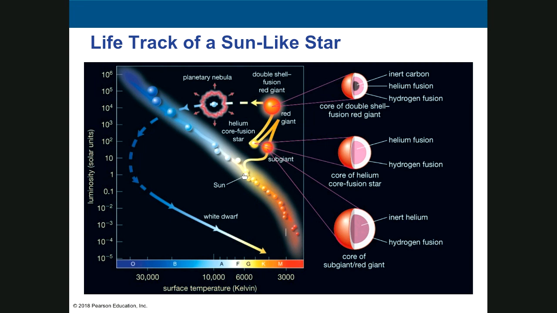Then we start to have a lot of helium in the core, and we expand, our thermostat gets broken, and we become a subgiant, right? So the subgiant has an inert helium core, and then it has a hydrogen shell, which is what makes it bigger. And that goes on for a while, and the core temperature rises, and then you have this helium flash,